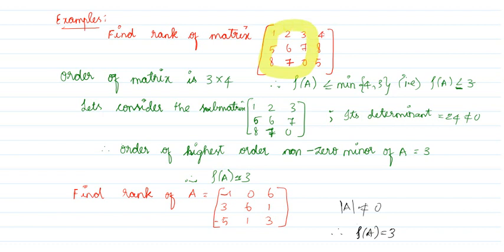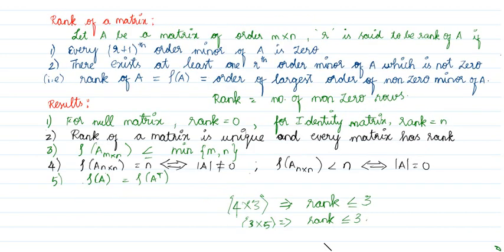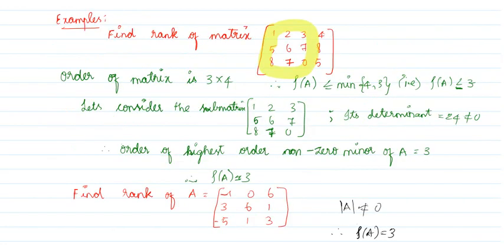All right. By calculating, the determinant is coming as 24, which is not equal to 0. So it has a 3 cross 3 submatrix which is not vanishing, that is, it has a non-zero minor. What is the rank by definition? It is the largest order of a non-zero minor of A. A minor should definitely be a square submatrix, so the maximum is 3 cross 3. So the rank is 3.